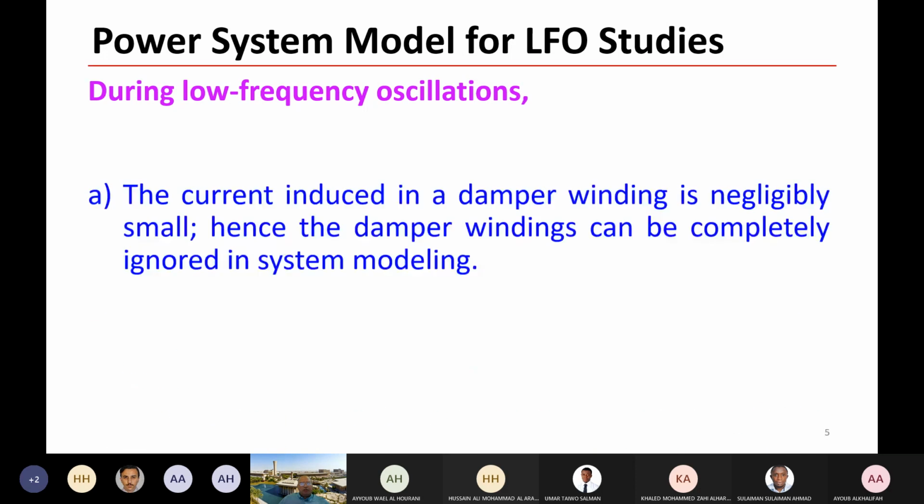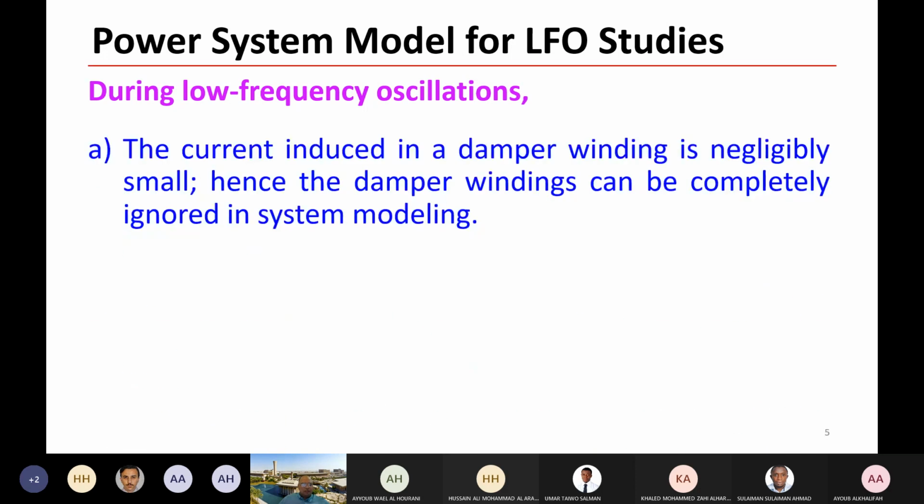During low frequency oscillations, the current induced in the damper winding is negligibly small. Of course, here we are talking about very long time. Very long time does not mean hours, very long time means 2 seconds for example. Now, if you have the damper winding, the transient time constant of the damper winding, TD prime or TDO prime, if you go back to this equivalent circuit,